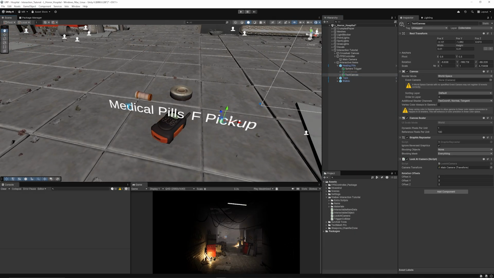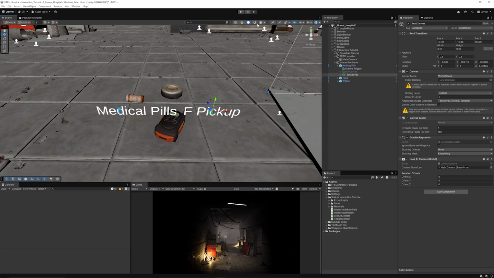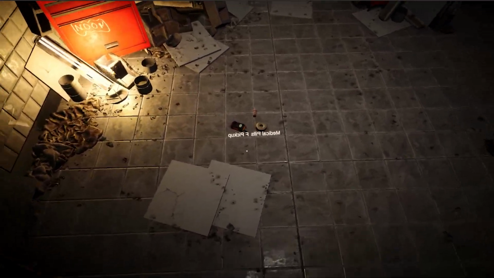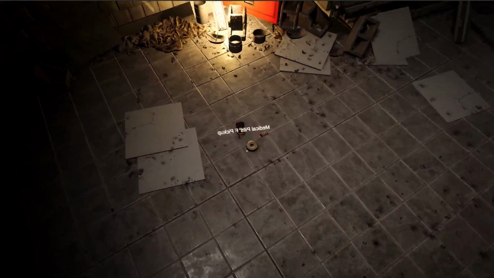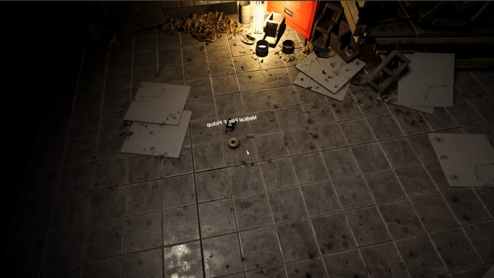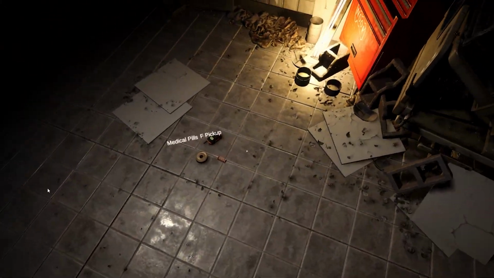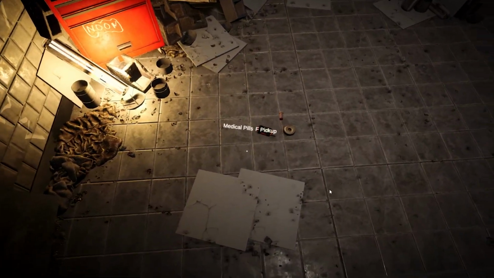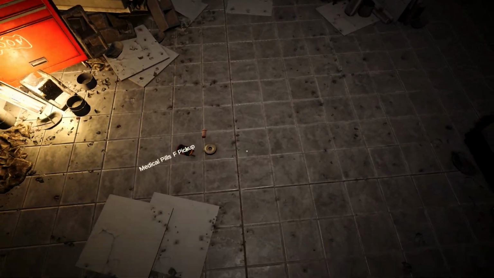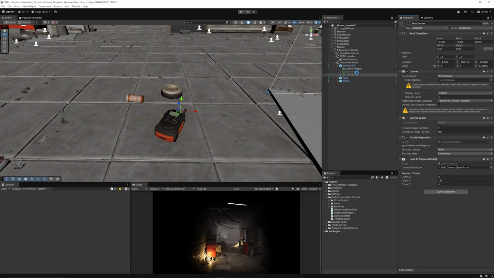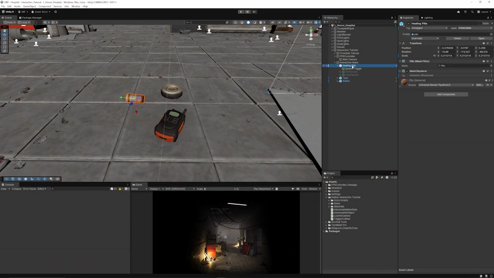I like to grab the canvas and place this roughly in the middle of our object where we expect it to be. Now, when you press play, you can see that the object is slightly inverted. So what we need to do there is go back to our rotation offset and set the Y to 180 degrees. And then you can see that it will rotate around exactly the right way that we need it to be. So what I'm going to do is disable those two elements, and I'm going to go onto my healing